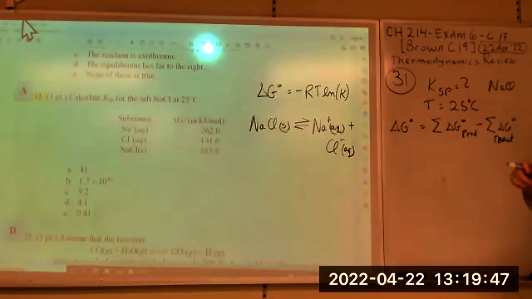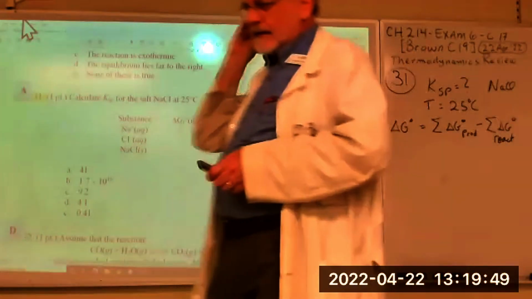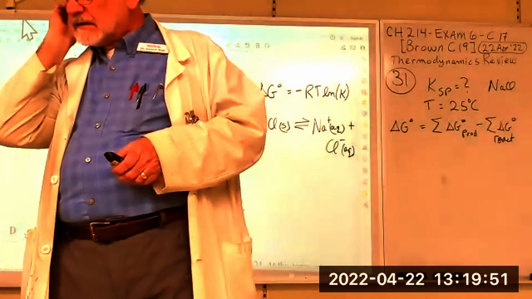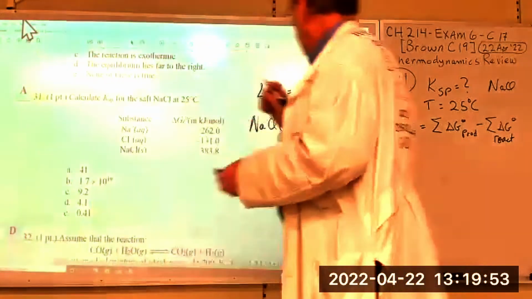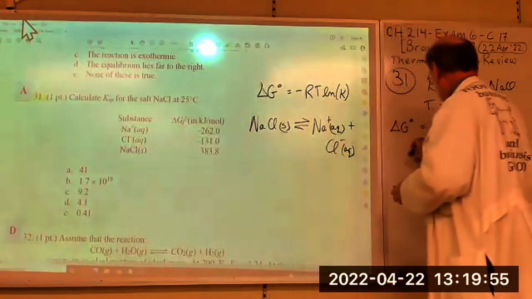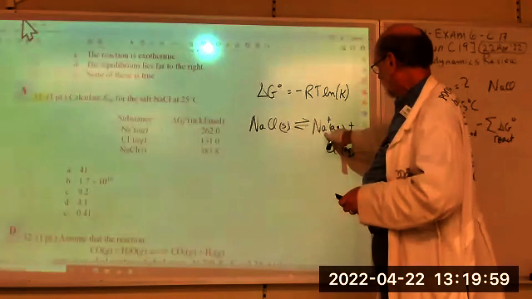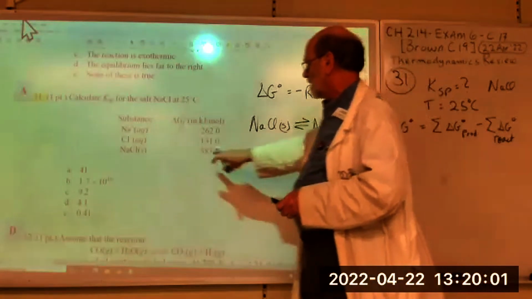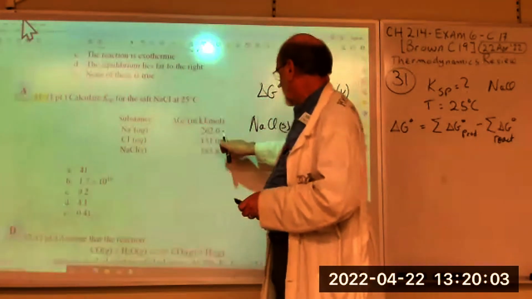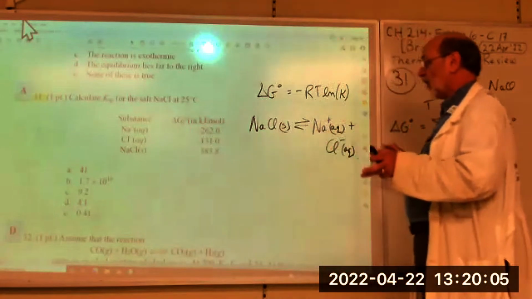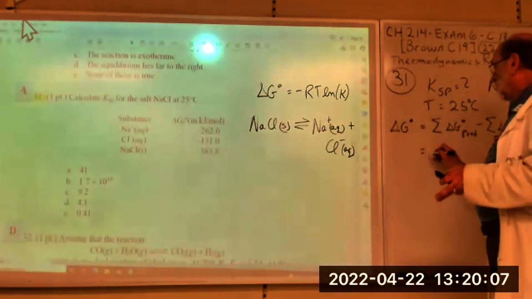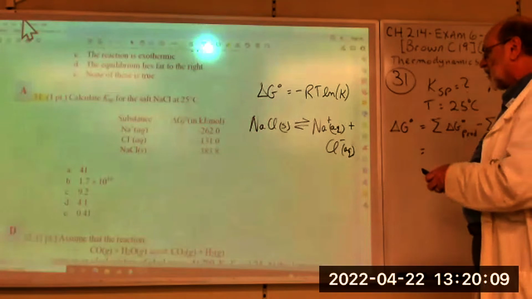Reactants. There we go. So what we need now to do this is, what are the products? Well, the products are sodium ions and chloride ions. How many are there? There's just one each. Right? So we've got the